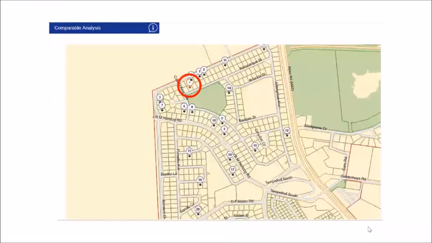If you're on your Lightstone report, this is the first thing you'll see in the comparable analysis section. If you go to the next page, you will see a detailed outline of those different properties and what they sold for. I've just highlighted 1, 2, and 5 because those are the ones that are closest to the property that we're looking at.